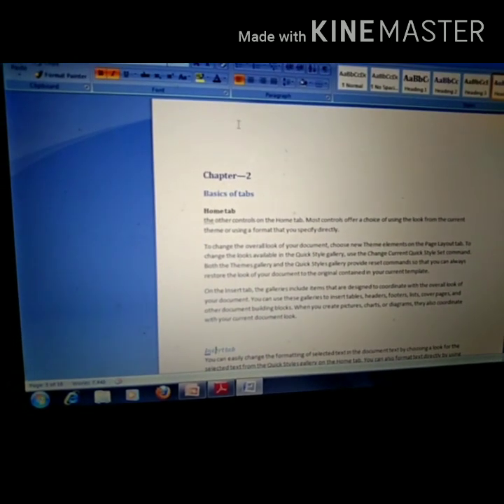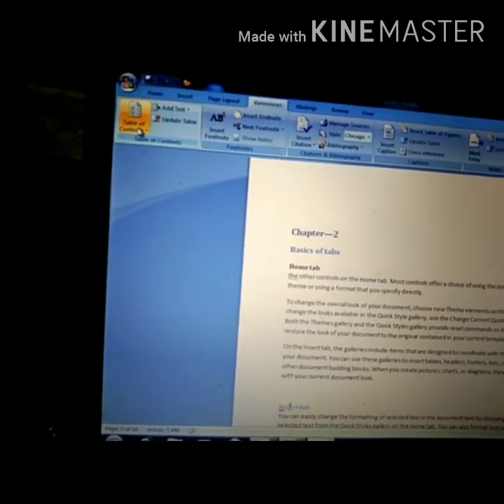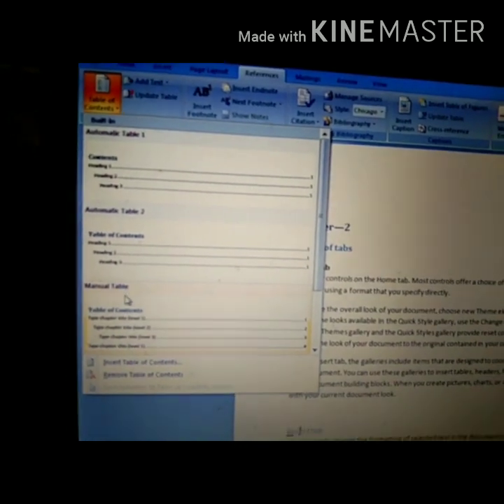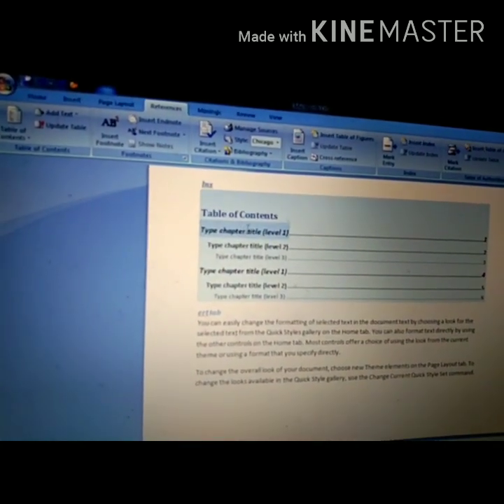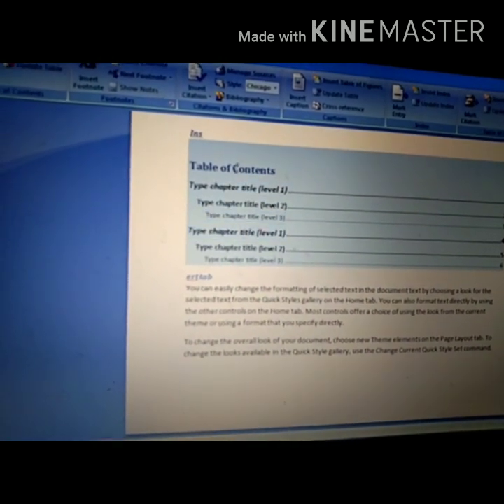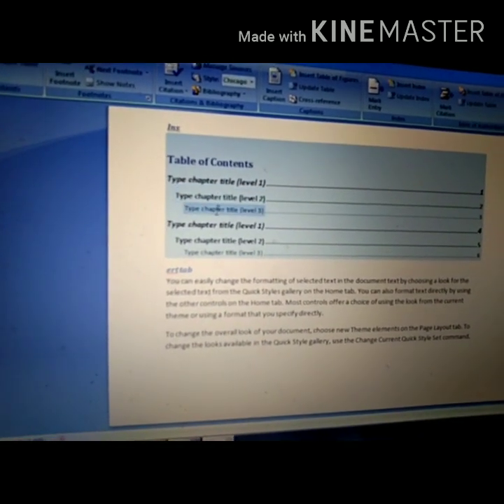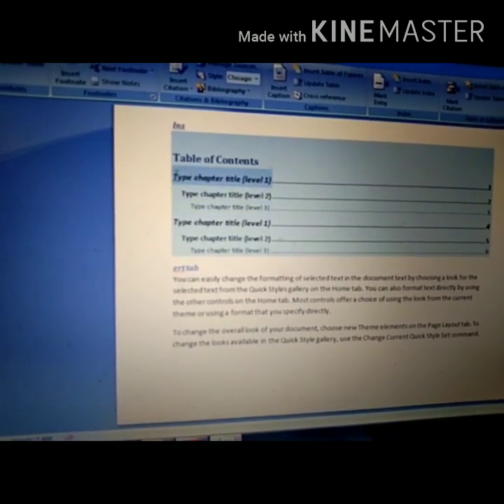This one is hierarchy. Now in the References tab, how can we create the table of contents? In the References tab, here is the table of contents group. When you click on this, you can see that 3 options are there. One is the manual table, which gives you a table of contents, but you have to place the headings manually. So children, what is written in brackets? Level 1, level 2, level 3. Level 1 means main heading, level 2 means subheading of the main heading, level 3 means subheading of the level 2 heading. This term is known as hierarchy of headings.